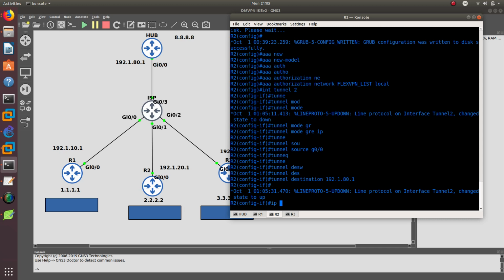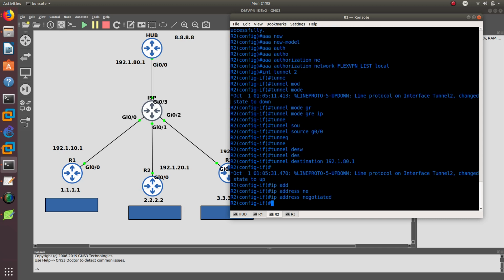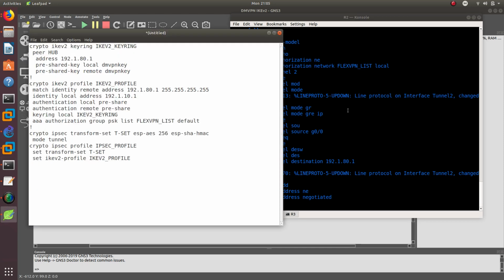And then we need to do IP address negotiated, so we can negotiate it with the hub, and the hub is going to provide us with that IP address. That's what IP address negotiated means. Okay, now if we bring up this